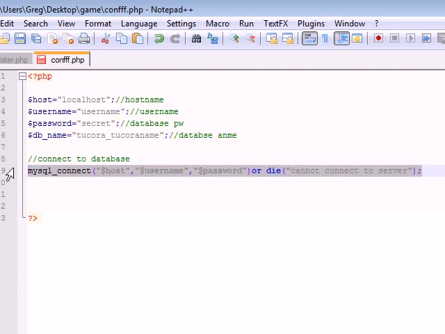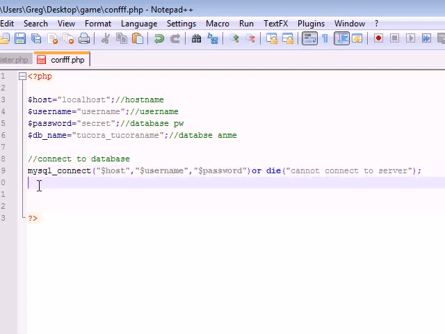Now that we connected to the server, we need to select what database we want to connect to. The built-in function for this is mysql_select_db. This selects what database we want to connect to, since whenever we're on our server, we might have a bunch of websites with a bunch of different databases, so this says what database we want to use. The parameter it takes is the database name. So let's go ahead and put db name,